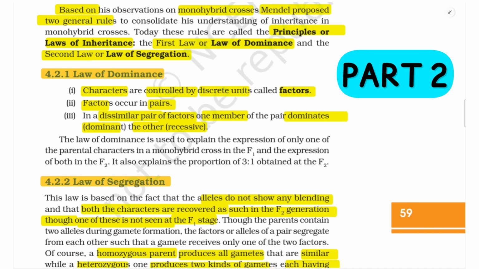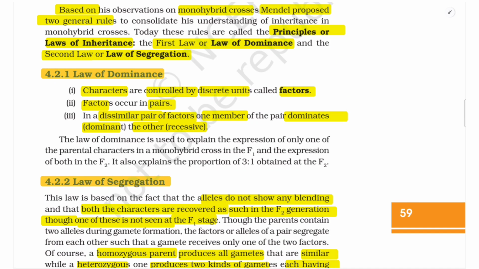4.2.1 Law of Dominance. Number 1. Characters are controlled by discrete units called factors. Number 2. Factors occur in pairs. Number 3. In a dissimilar pair of factors, one member of the pair dominates, that is the dominant one, and